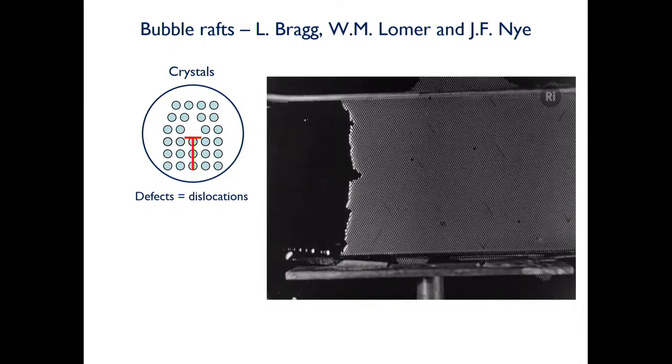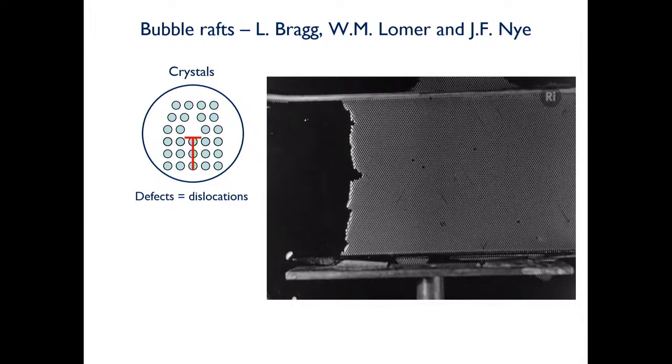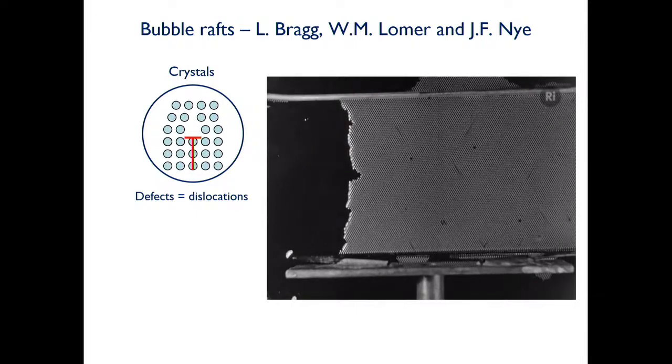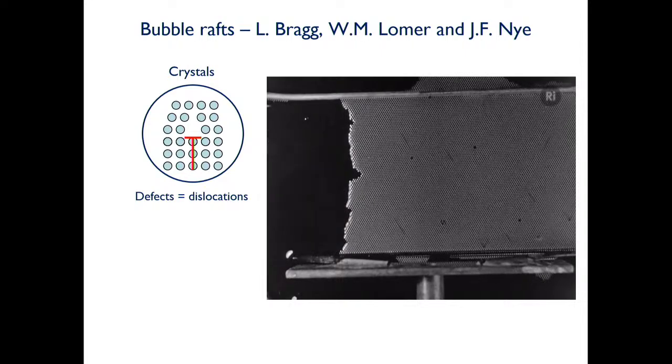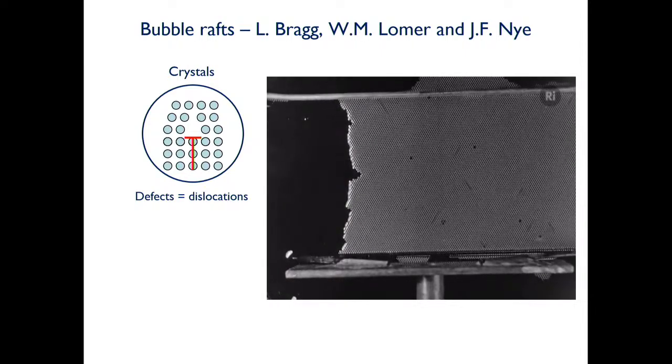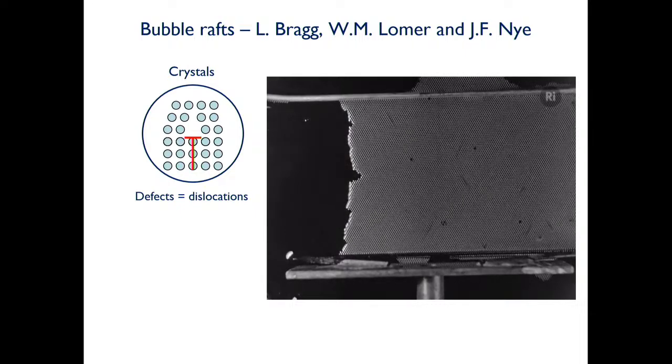Deforming these kinds of systems and seeing how deformation occurs on a particle scale is very easy. As you deform the boundaries, you can see that there are defects that move like quasi-particles from one boundary to the other boundary. So this is a dislocation picture. Now